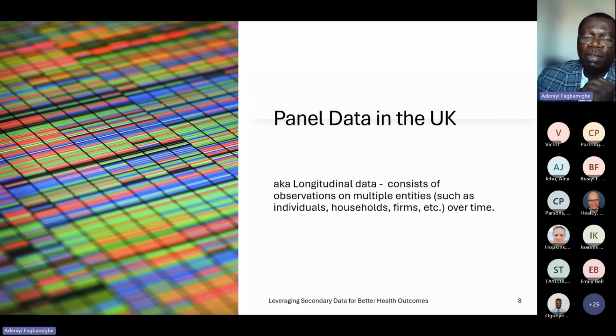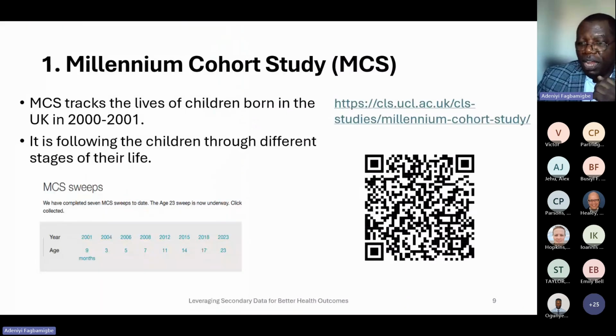So what are the types of panel data that we have in the UK that we can actually lay our hands on? The first one I'm presenting here is the Millennium Cohort Study. It's a very rich study that started in 2000, 2001, with people from the day they were born, and they are being followed up. Currently, people in this study are about 24 years old, and it's data about everything about them, starting from walking, talking, entering primary school, entering university, graduating, learning trades, even crime, all sorts of